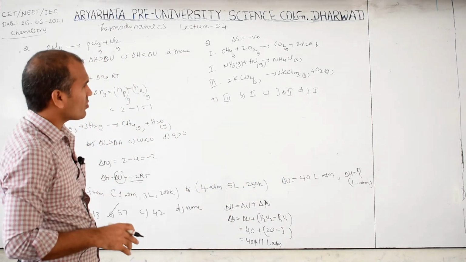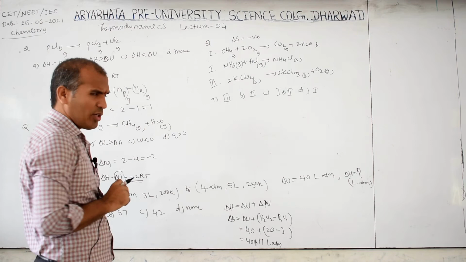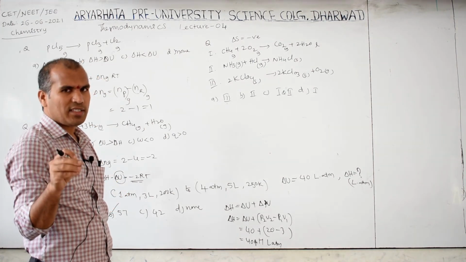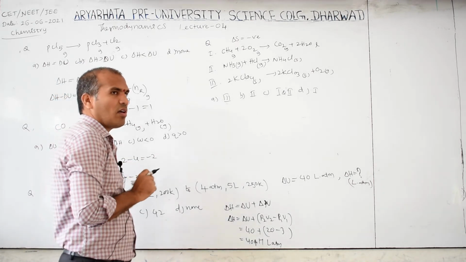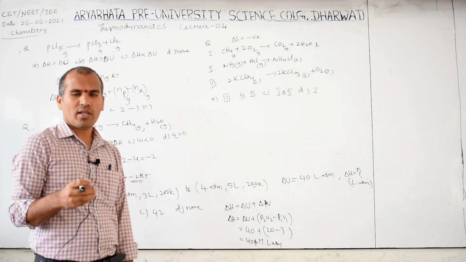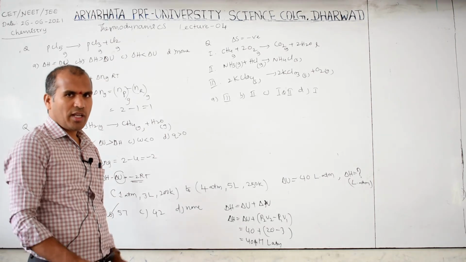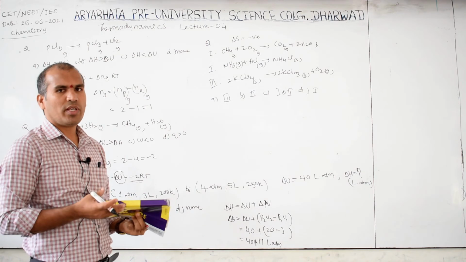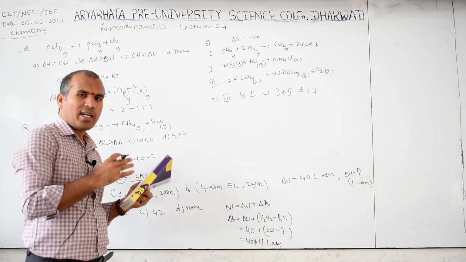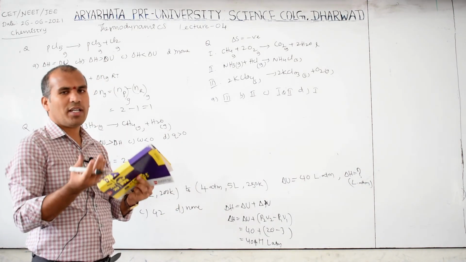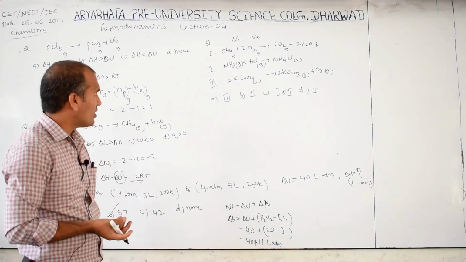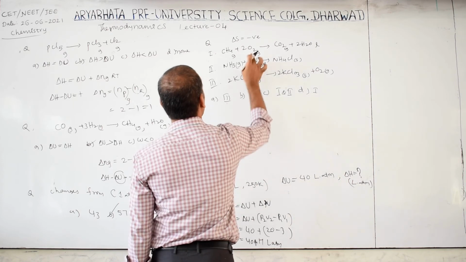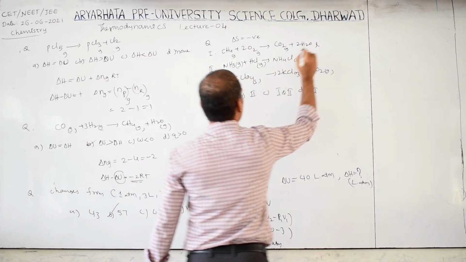See, delta S should be negative, meaning the product side number of moles of gas is less. Entropy means what is that? Measurement of randomness. If reactant converts into product in the form of more gas, then entropy increases. If the reactant side is gas and the product side is liquid or solid, what happened to randomness? Decrease. So here how many are there? 2 gases are, sorry, 2 plus 1, 3 gases are there.